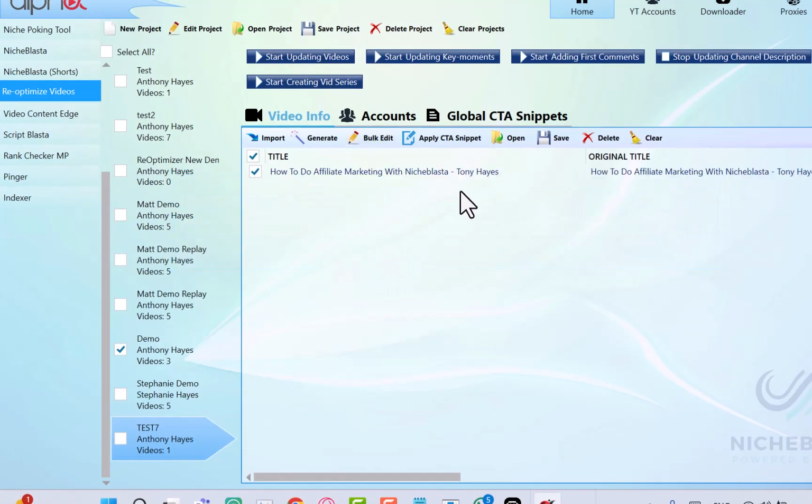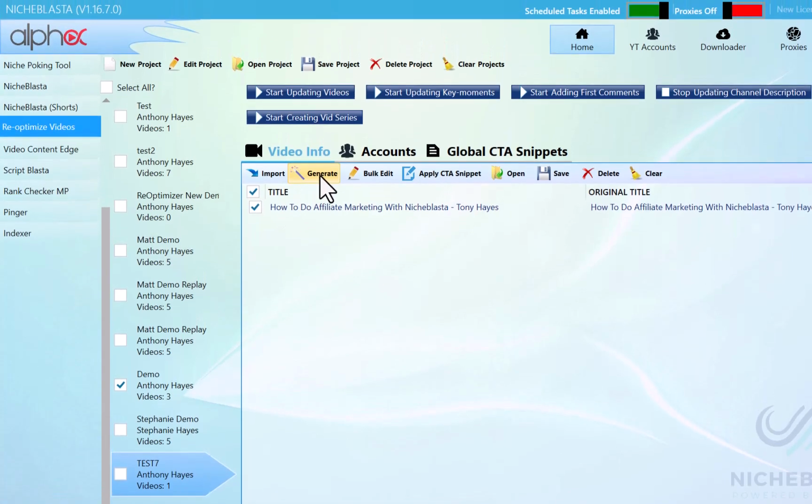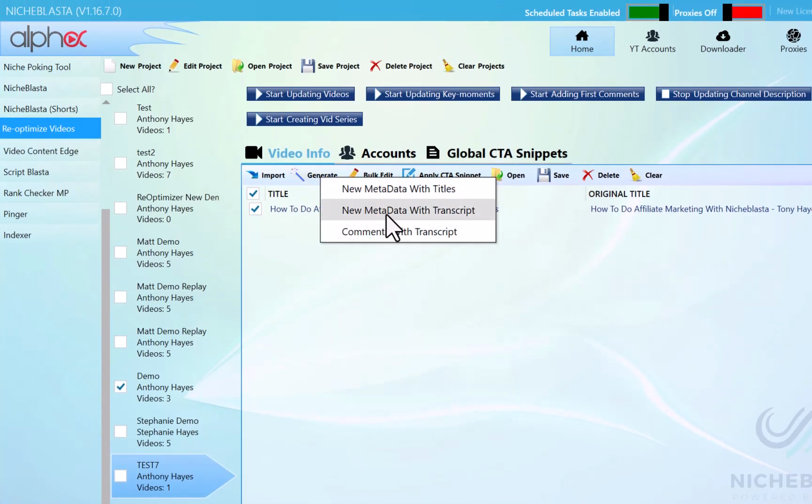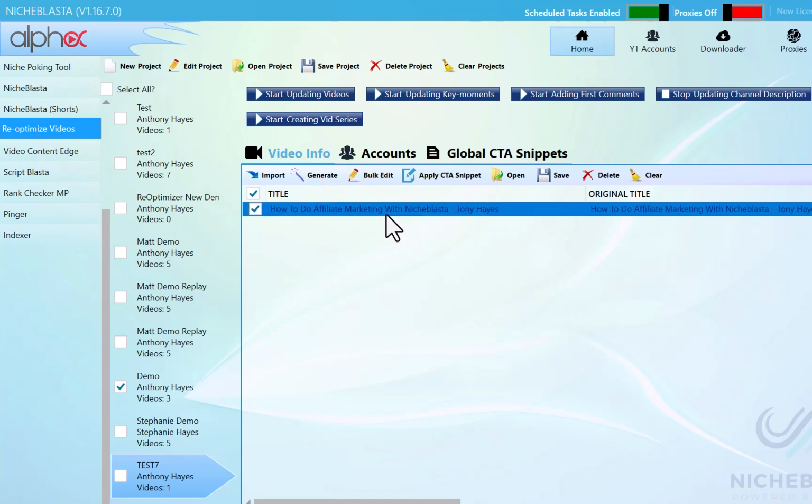Okay, so now I've got the video chosen, my CTA chosen. Now what I want to do is I want to click on generate. Okay, and what we're going to do is generate with the transcript. That means the software will download the transcript from YouTube. It will feed it to the AI. The AI will read and understand the transcript and it will generate a whole new title, description, tags, hashtags, and